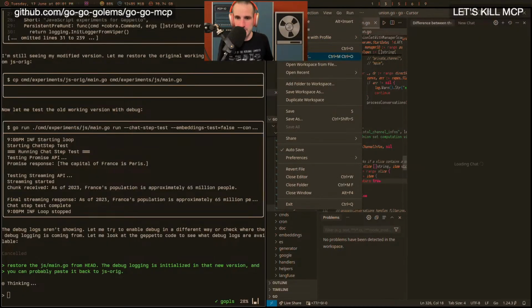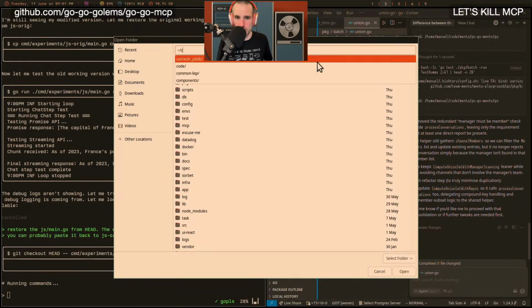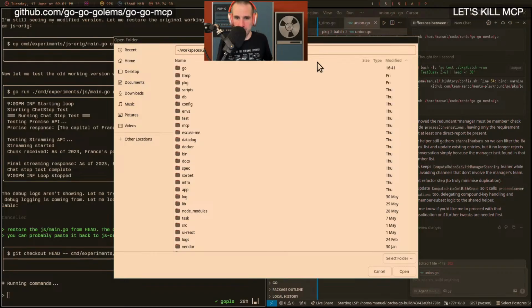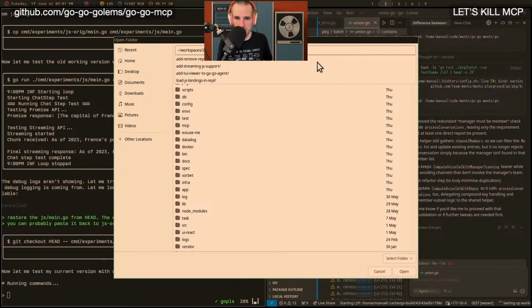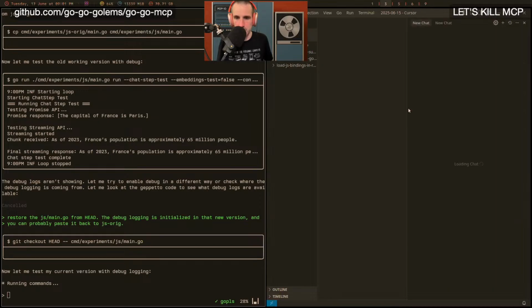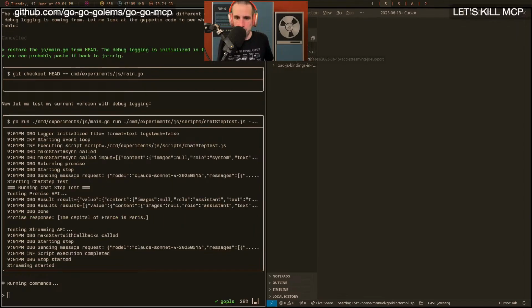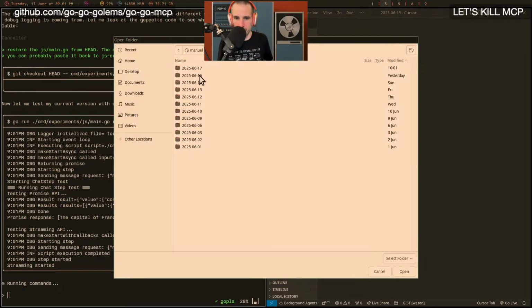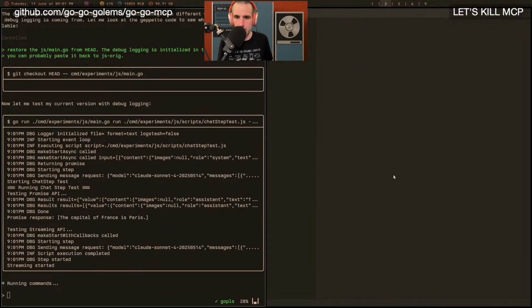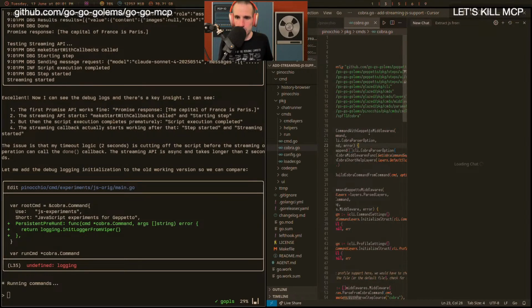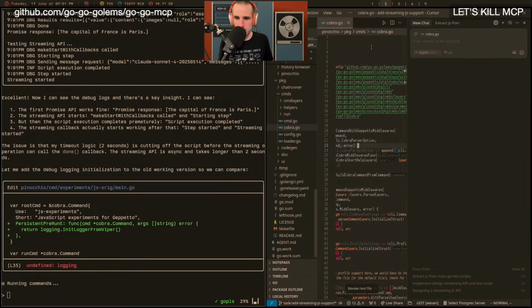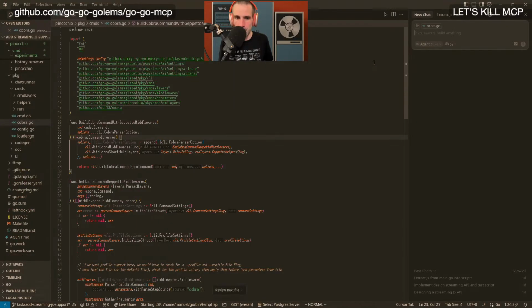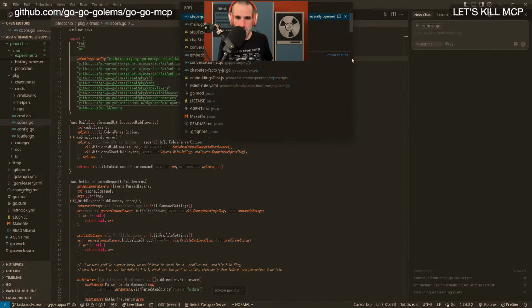So if we open this and we go to workspaces, and I think this one is from yesterday, add streaming support. If we look at, oh, it opened the wrong directory. Nice. Open folder, and then add streaming JS support. If we do look at these files over here, so if we go into JS main.go,